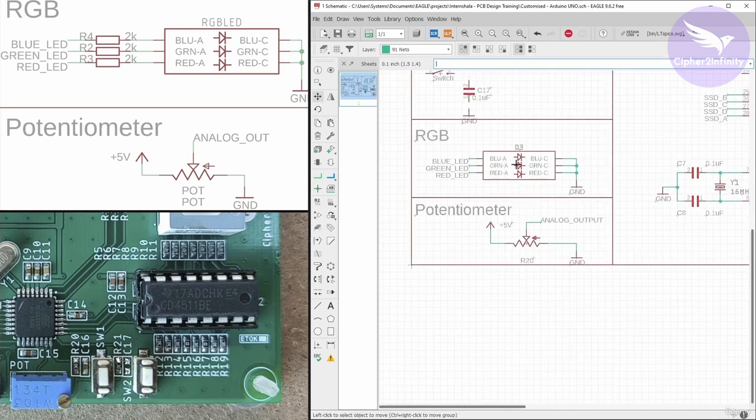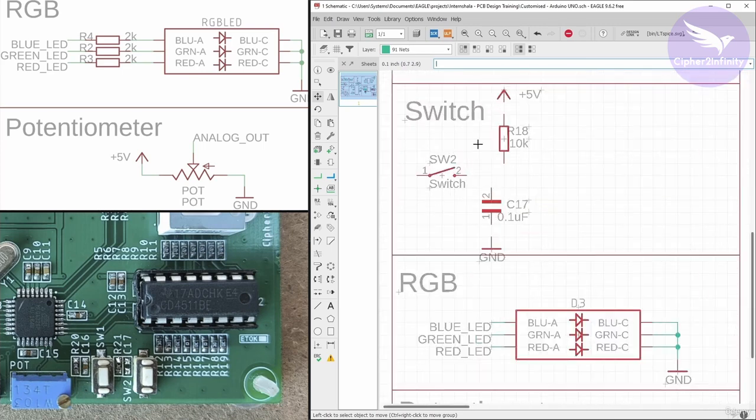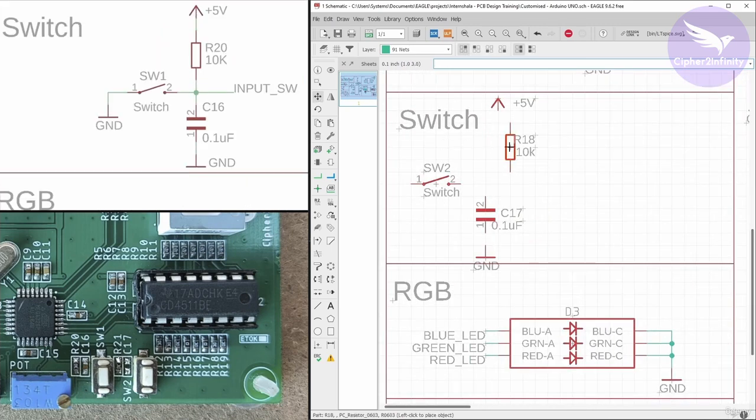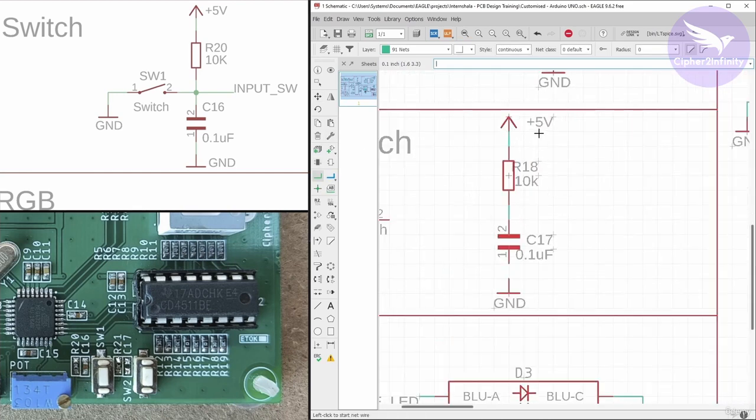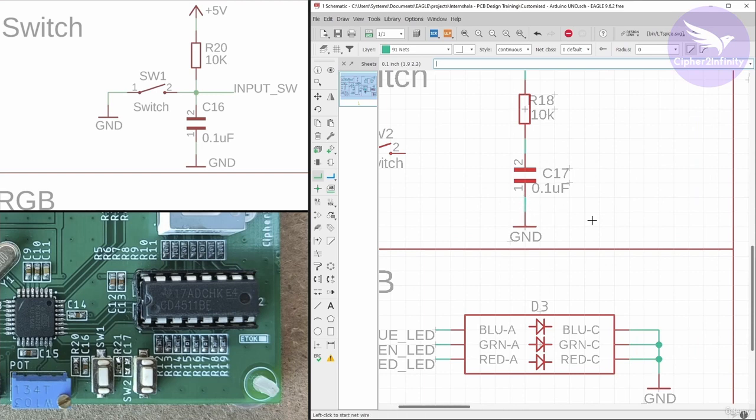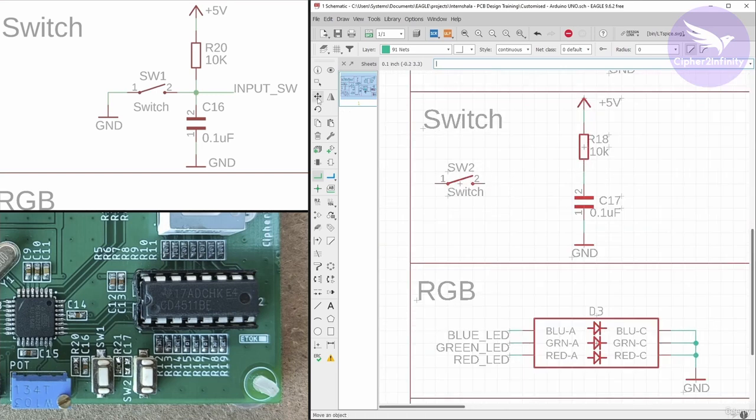Alright, and after that let's do the connection for the switch. So first of all, let me move all the components properly, and let me place them properly, and after that I will place this +5V symbol here, and later I will just move this capacitor at this position, and let me connect these two terminals like this. Then this will be connected to the +5V, this will be connected here, and the switch, I will just move this switch here like this,